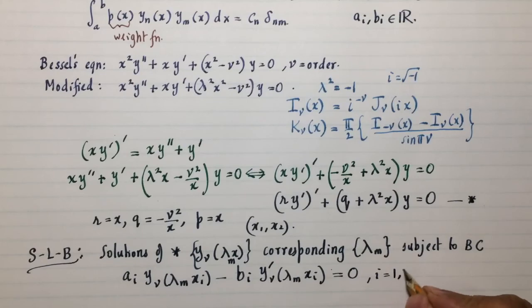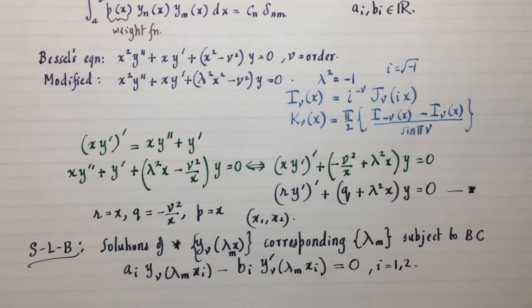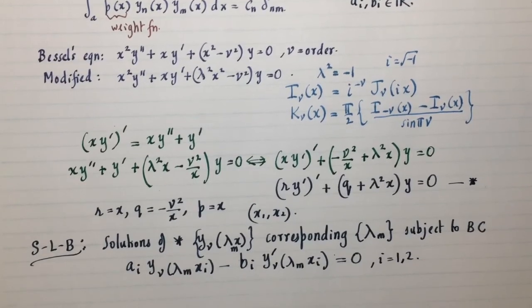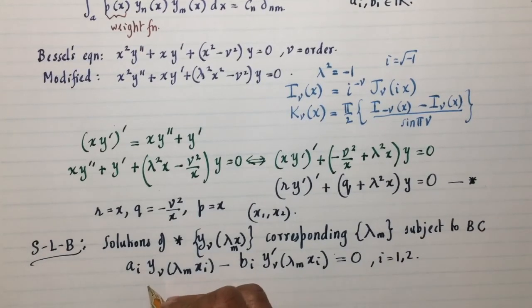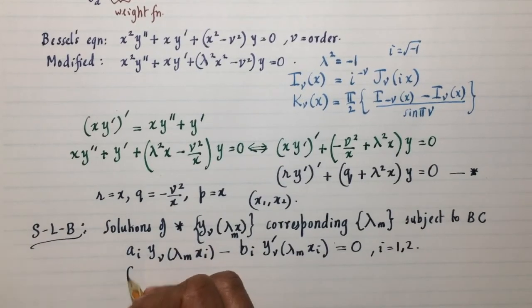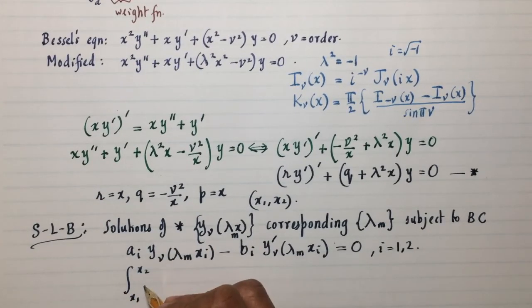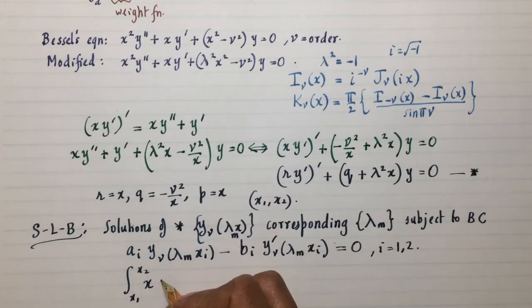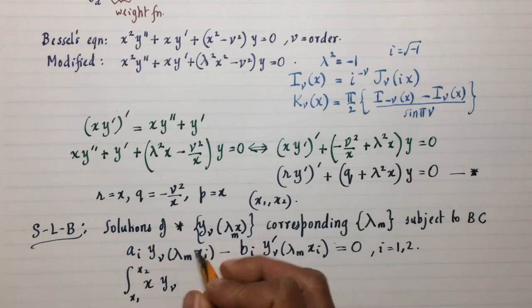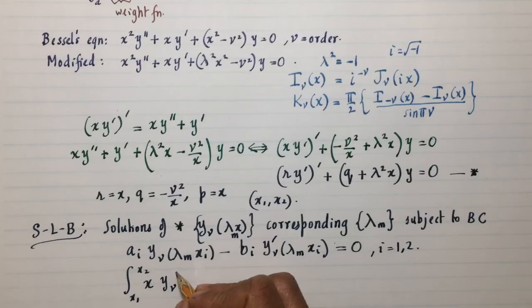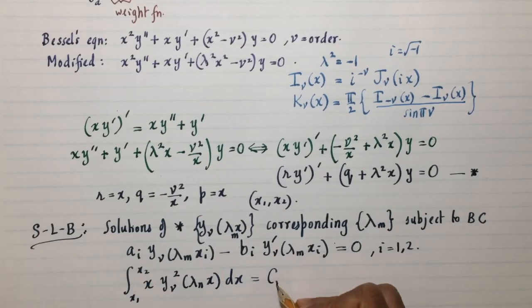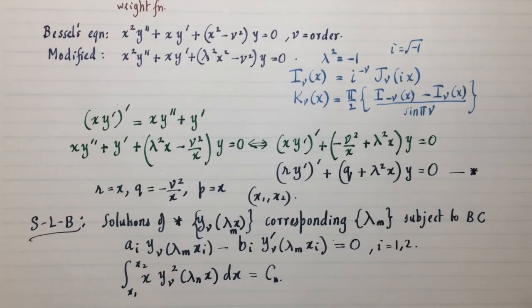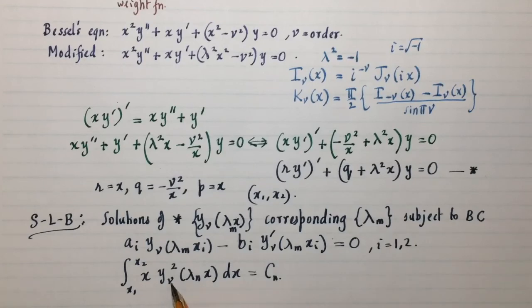So those are the boundary conditions, and they form an orthonormal system with respect to the weight function. And so I'm going to get the integral from x1 to x2 of x, because x is the weight function p, times y nu squared of lambda n x dx must be equal to some constant Cn. I've omitted the delta function part because it's 0 for y nu not equal to y mu, and if y nu equals y mu, then it's equal to just